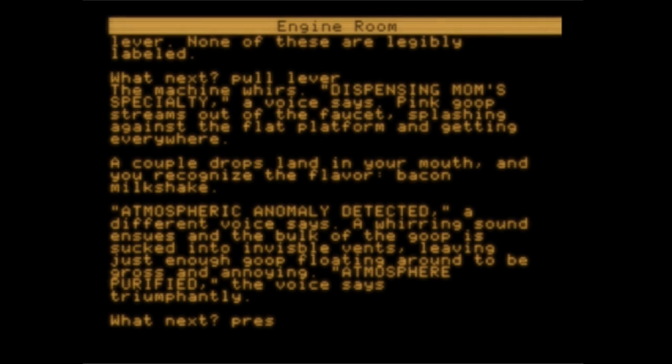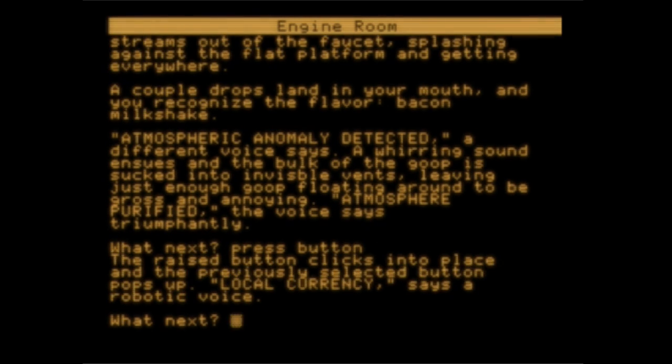Can we press the buttons and see what they do? The raised button clicks into place, and the previously selected button pops up. Local. Oh, I thought it said currency. It says local currency, says a robotic voice. Okay. I'm not really sure what to do with this right now, so let's use tape